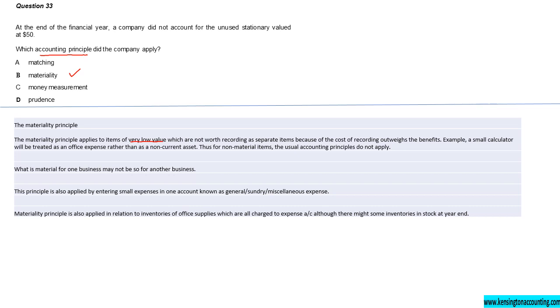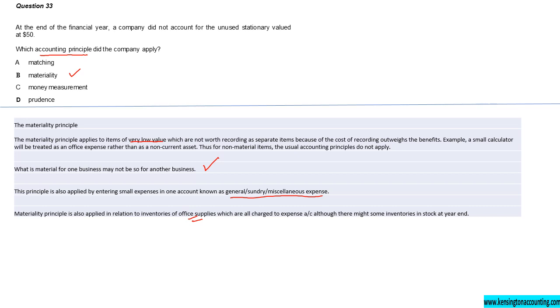Now, a very large business which has got billions of turnover, the materiality level could be 100,000, but for a small business with a turnover of maybe only $20,000 a year, even $50 could be material. So that's also important to note. And it also says this principle is applied by entering small expenses into a general, sundry, or miscellaneous expense. We also take note that this principle applies to inventories of office supplies, examples like stationery,